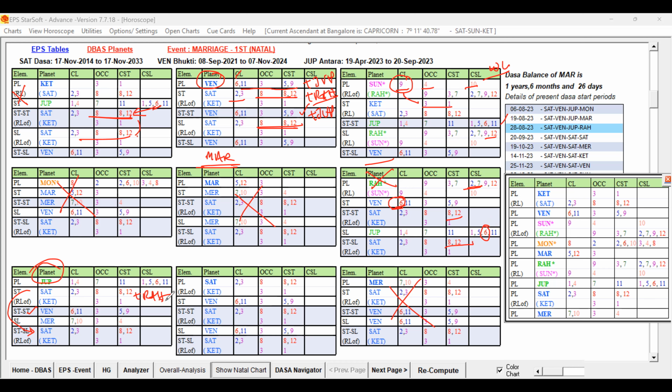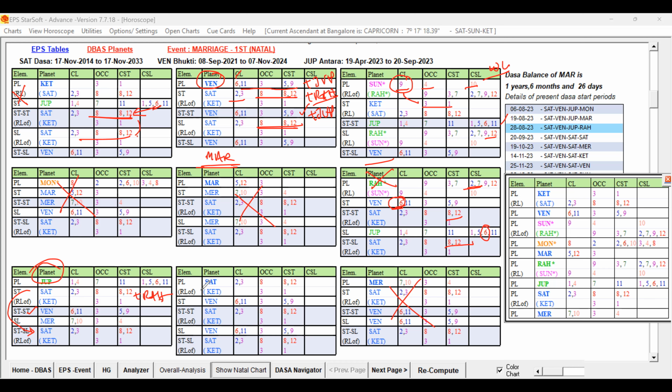And then the next one is Jupiter, that is the Dasa lord. And the Dasa lord itself, you can think whether it can act as the Bhukti lord or Antara lord. No, it is having some weakness at the star level. And sub level also not very strong. Let us check if another planet is better than this. We can choose this also.